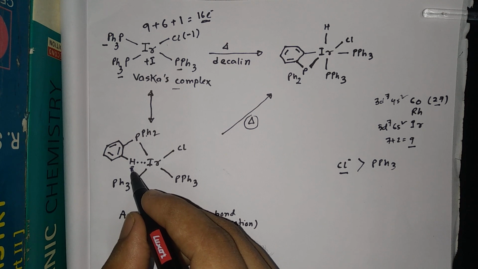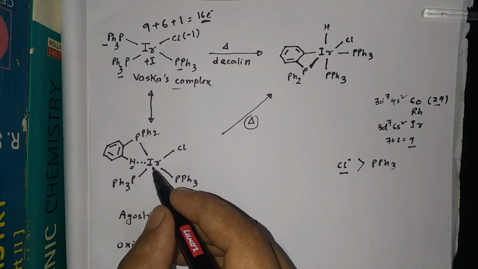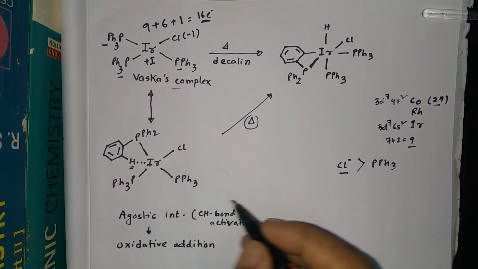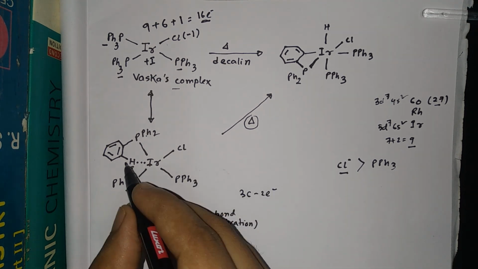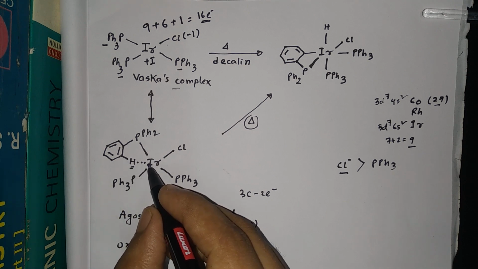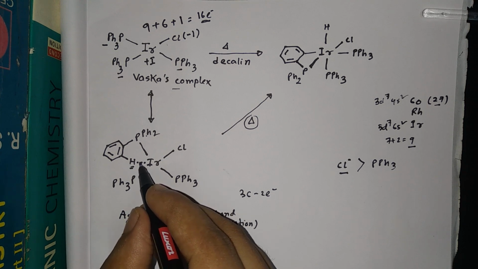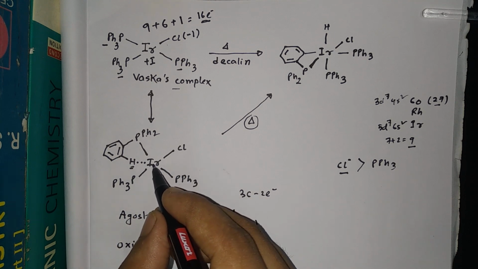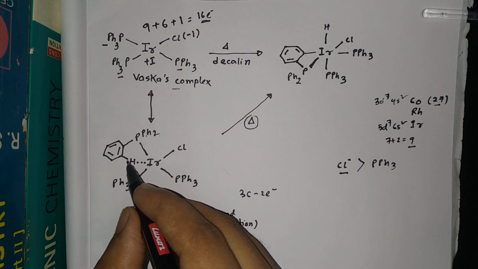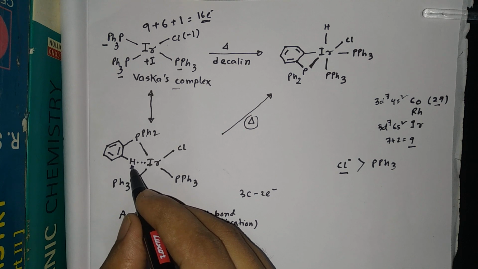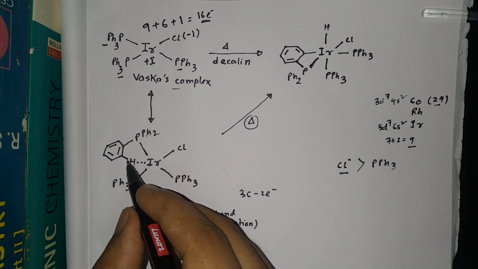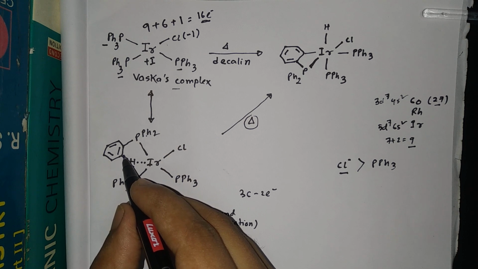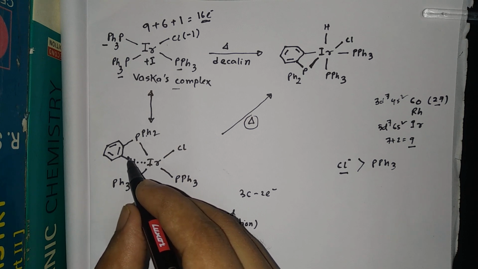So this hydrogen goes for an agostic interaction with the iridium, and it is a 3-center 2-electron interaction, because this CH bond has 2 bonding electrons and iridium has a vacant d orbital. So it is a 3-center 2-electron bond. The iridium will give its d pi electrons to the antibonding sigma star of this CH bond, and therefore the CH bond will break and the hydrogen will attach to the iridium. The bonding electrons will come to the carbon, and this negative charge will form another bond with the iridium.